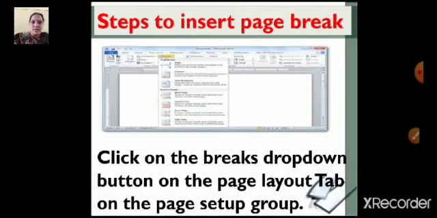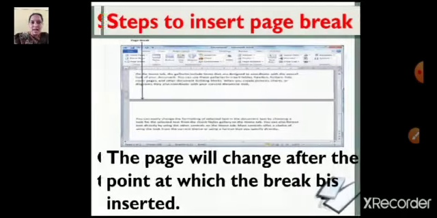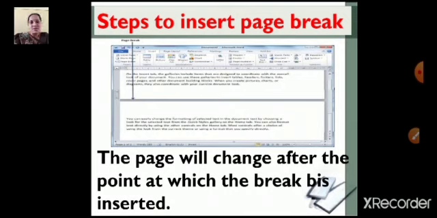You have to click on breaks drop down list, which is available on the page layout tab and page setup group. You get a drop down list. There you have to choose page option so that a new page will be entered from the point where you have placed the cursor. Here you can see a page break is inserted.